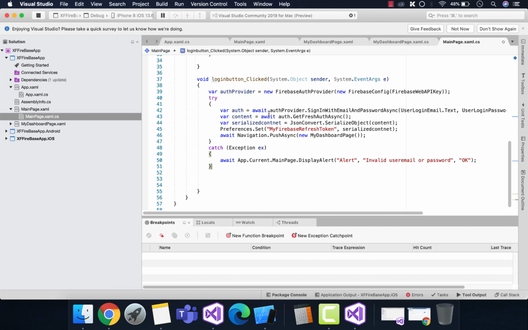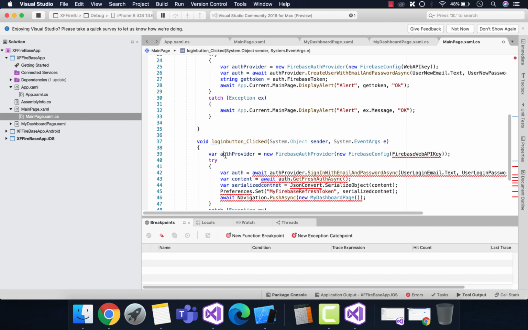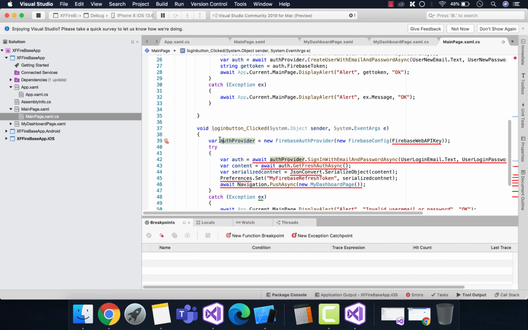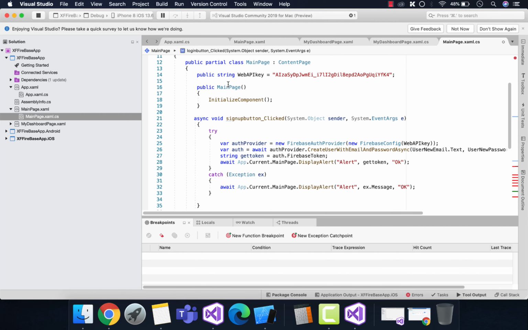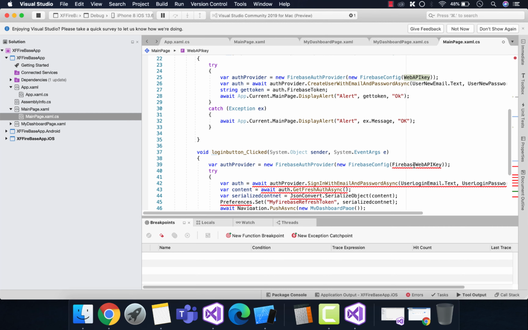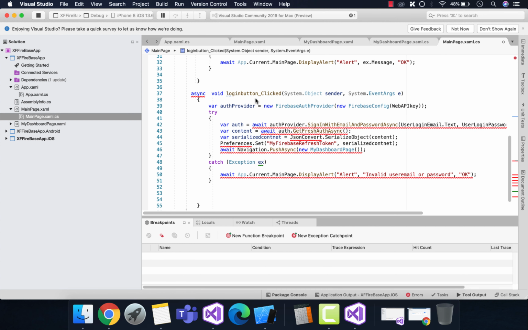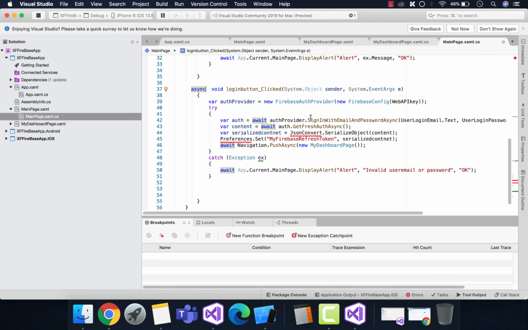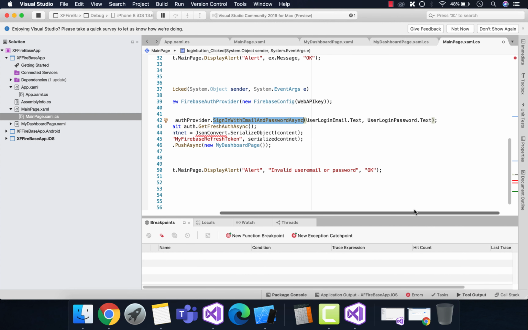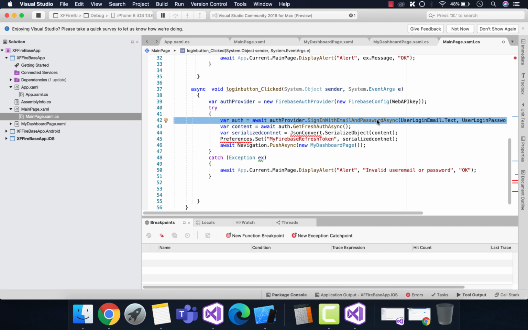Now it's time to do a login with the same email and password. So in order to save some time, I have added the pre-written code that I had. So this is the section where we are going to configure our Firebase. Now let's make it an asynchronous method, that is our login button click. Now you can see over here, this method tells that we are going to sign up with the email and the password.